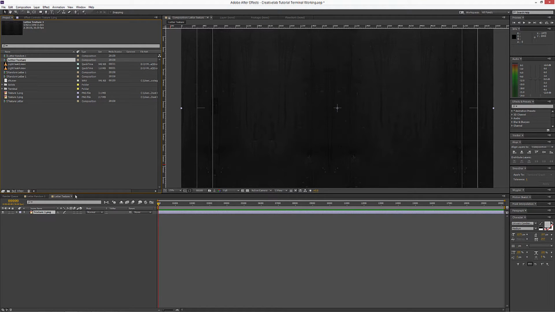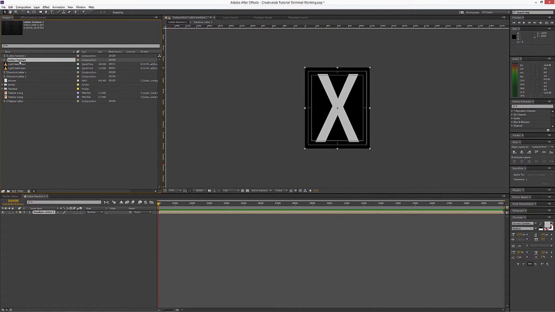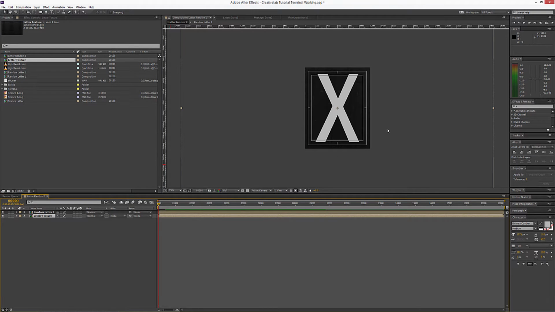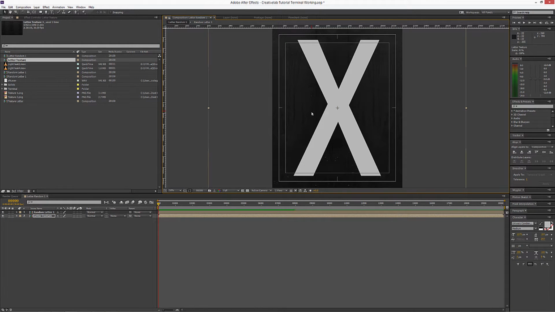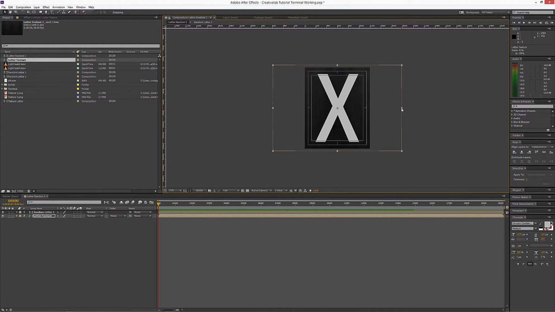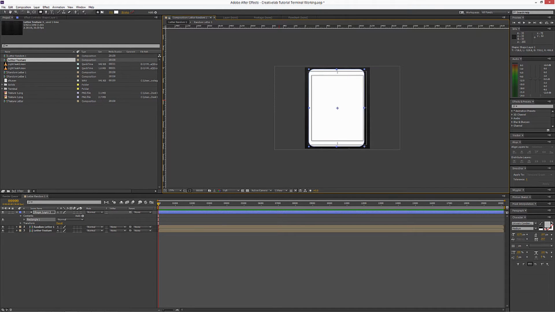Composition. Now we will close this composition, go to the letter random 1 and drag and drop the letter text composition inside on the bottom. And after that, we will scale it down like this. And after that, let's use the rounded rectangle tool. Be sure that you didn't select any of these layers, and after that, just drag it